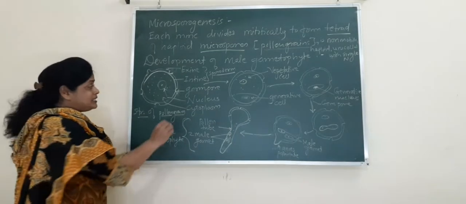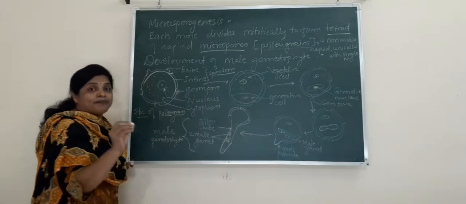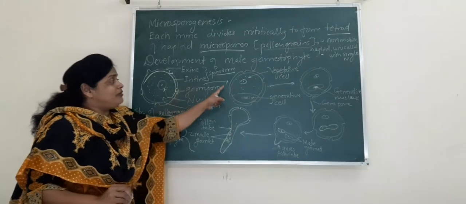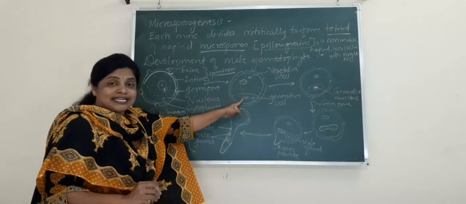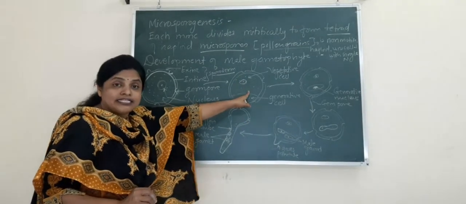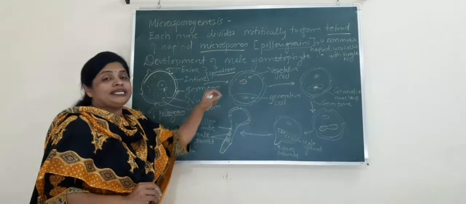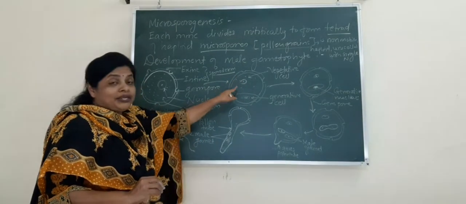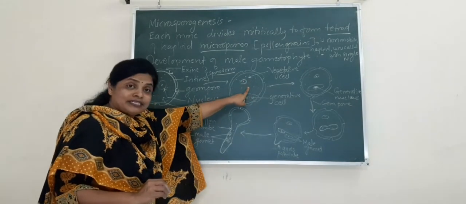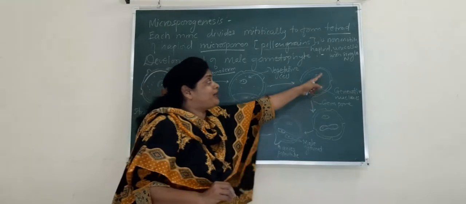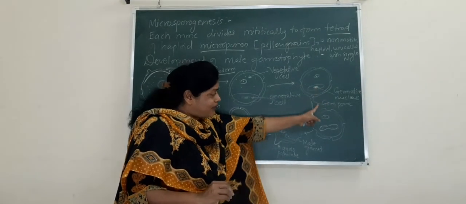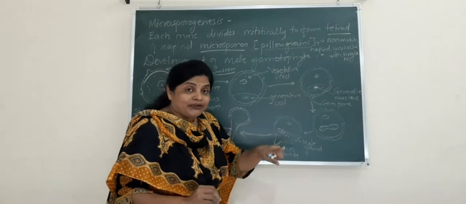Now remember, these diagrams are most important, step by step. First of all, the structure of the pollen grain is divided into a two-cell structure, that is the vegetative cell and the generative cell. The vegetative cell is large in size and its nucleus is irregular. It is rich in food, and hence the generative cell floats in the vegetative cell, and the generative cell divides mitotically. It is the second mitotic division.